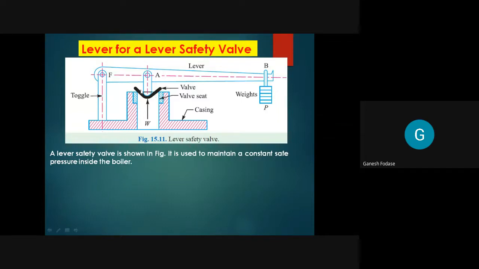You can see here that the valve is not only this much part. Along with this valve there is one lever to hold this whole assembly, as well as one toggle which is fixed to the boiler mountings, and on the other side there are some weights attached. Now, can anyone tell me why these weights are attached here? Weights P, capital P. Keep in mind, because in design when we start, there will be confusion between small p and capital P. So this capital P is what? Weight. W is what? Load from the boiler side. Yes. So why are these weights attached? By observing the diagram, can anyone tell me?